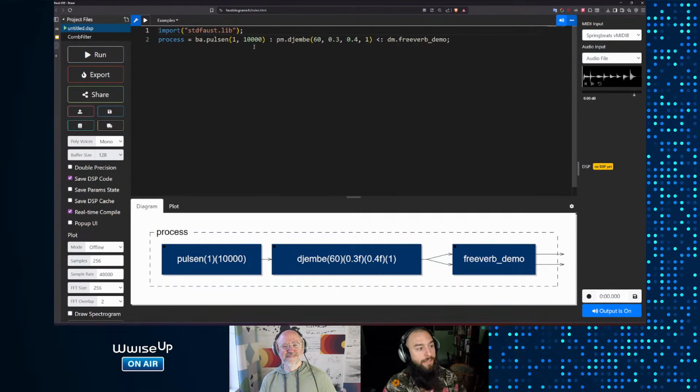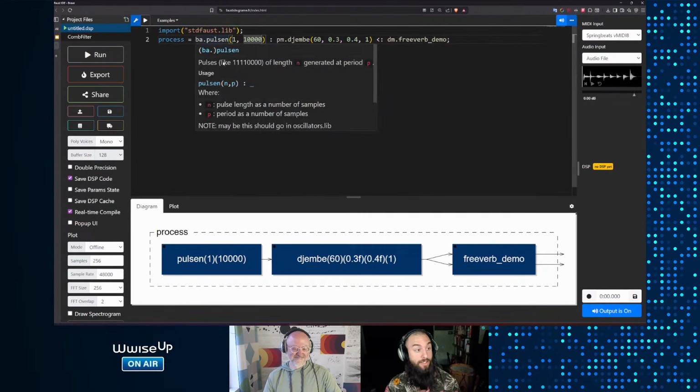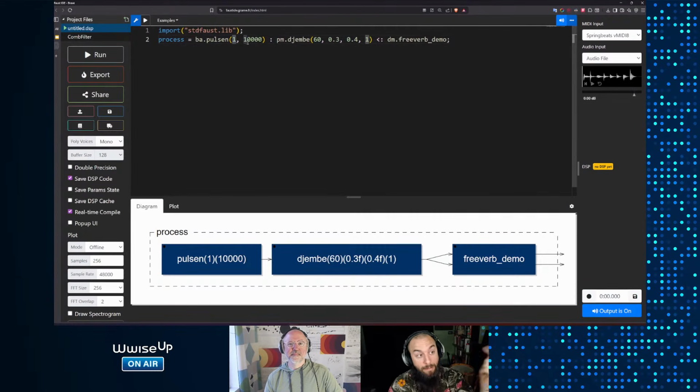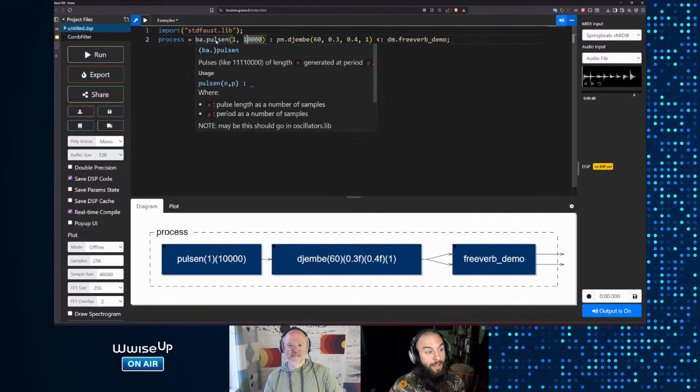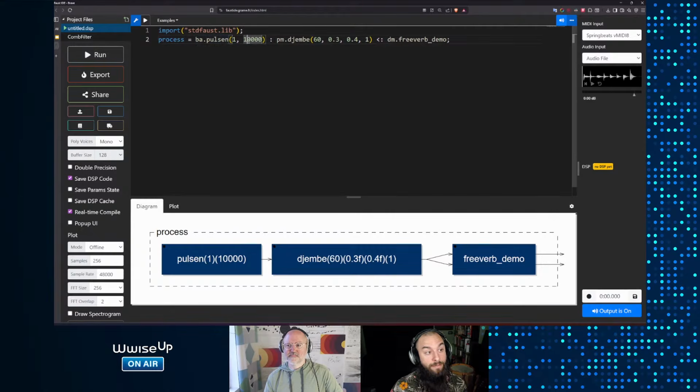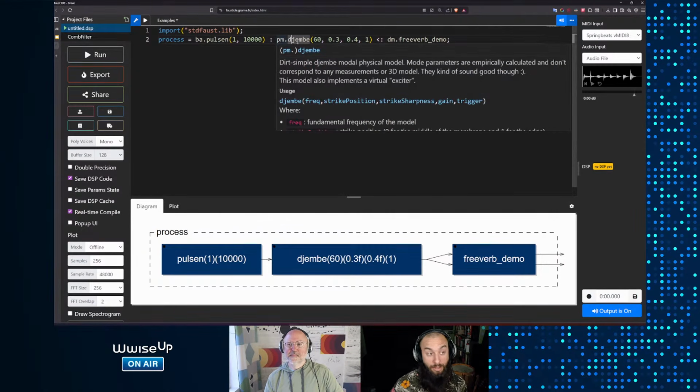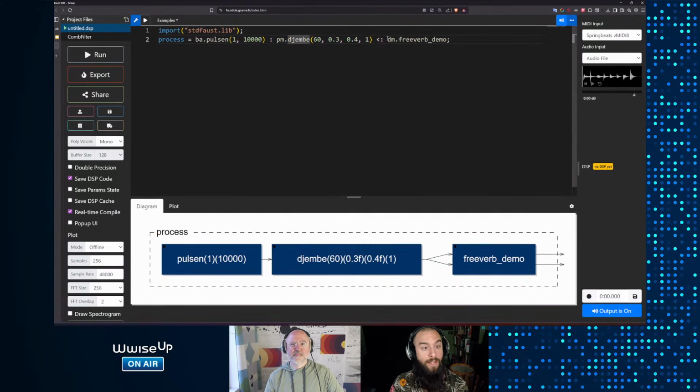There are lots of libraries, and you have the pulse, which is a pulse of a pulse length as a number of samples. So you're sending a pulse of 1 sample with a period of 10,000 samples. Okay, and then it's connected through this instrument, which is called the djembe. So you have the frequency, the strike position, the sharpness, the gain, and the trigger, and then it's going into